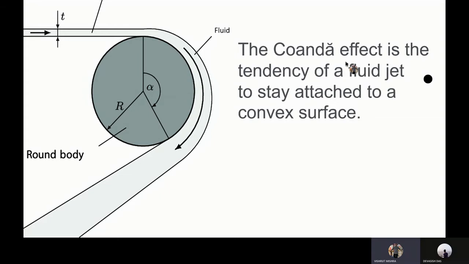This is the Coanda effect we have given here. So what is the Coanda effect? According to this, fluid particles tend to stick around a curved solid surface. You can see it here. Most of you may have seen this effect in your day-to-day life while washing your hands. Water particles stick around your hand and then water droplets fall from your elbow. That's what the Coanda effect is.